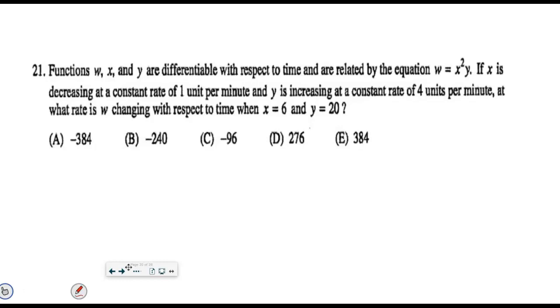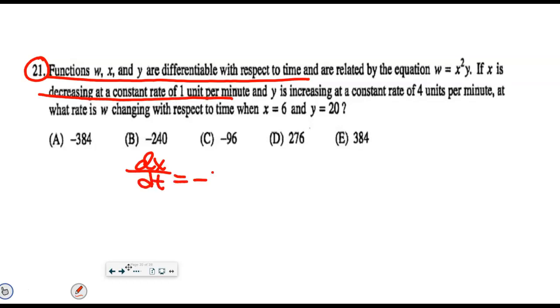yesterday. I found a weirdo, number 21 on a past exam I want to do because it's not like application. You have no idea what W, X, and Y stand for, but it's still related rates because it says all of these are differentiable with respect to time. X is decreasing at a rate of 1. They are giving you a rate that X is changing and it's decreasing. So you're like, okay, this is a related rate problem, even though it's not the cone or the airplane or